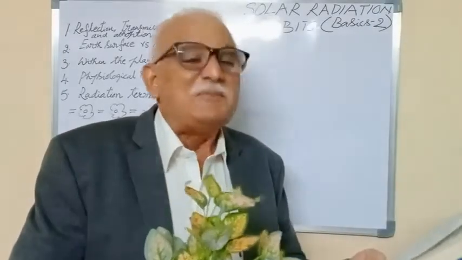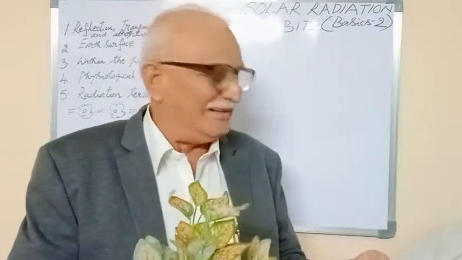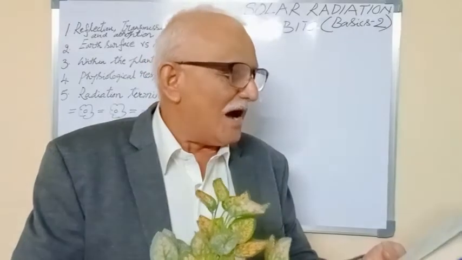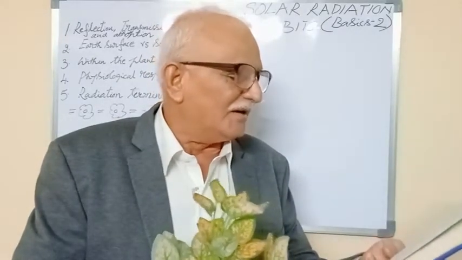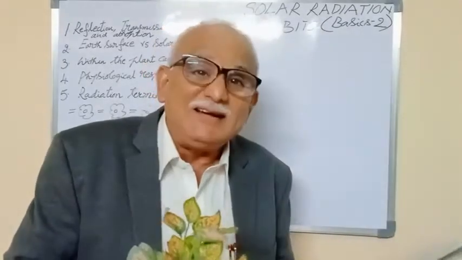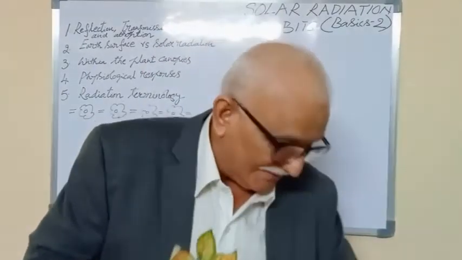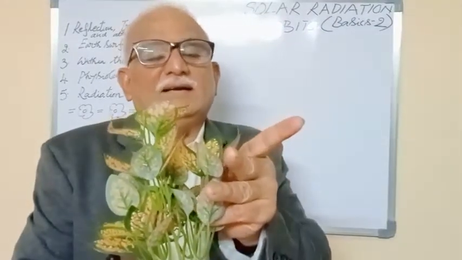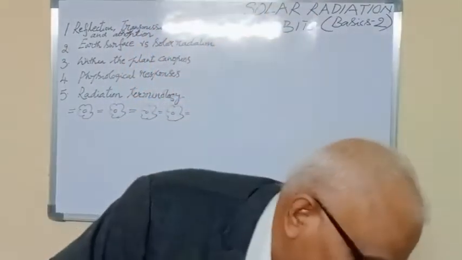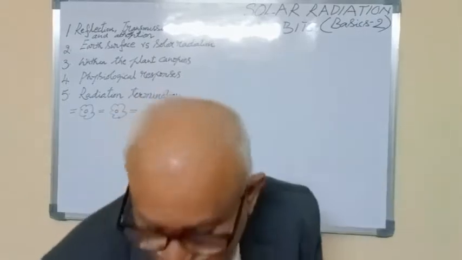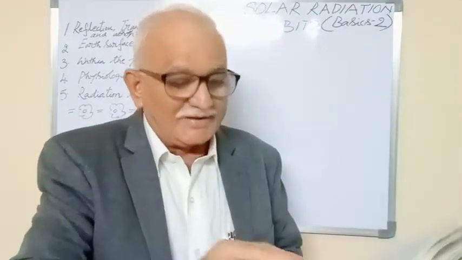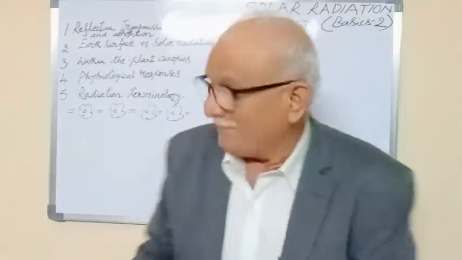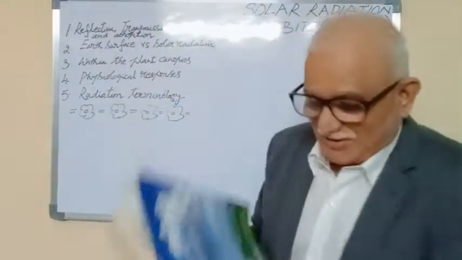Of course, most important bit certain to appear is in full sunlight. In full sunlight, the optimum inclination for efficient light use is 81 degrees of the leaves. 81 degrees of the leaves means, if stem is like this, there should be 81 degrees inclination. That bit is certain to appear in the JRF. Take this for granted. Now, here I would like to just discuss what is the radiation terminology.